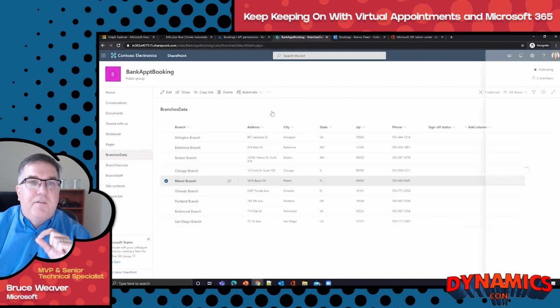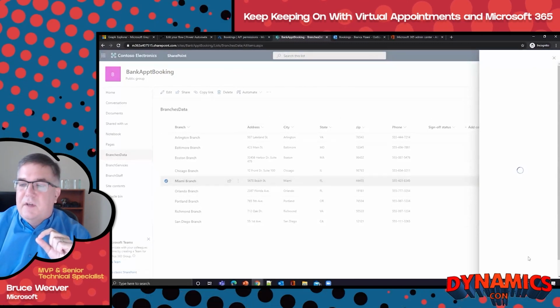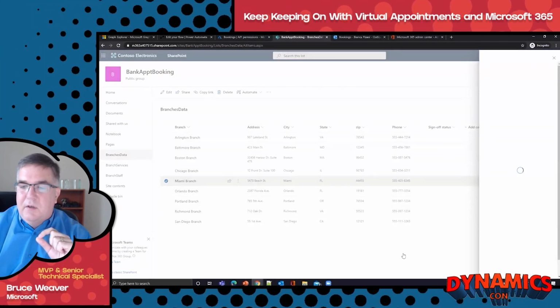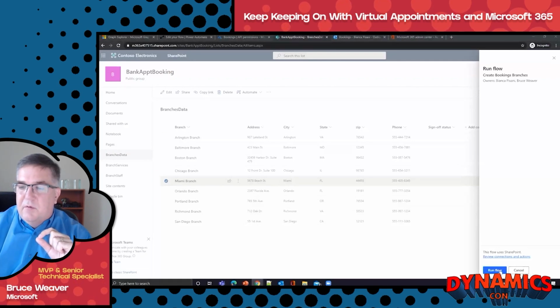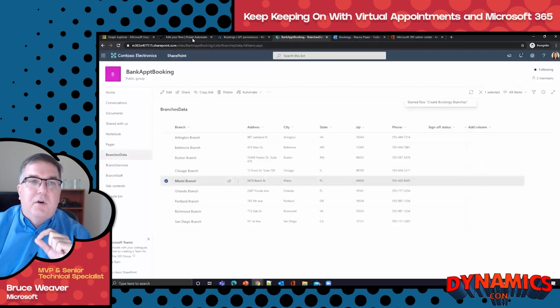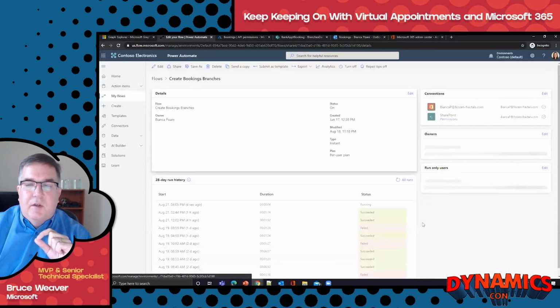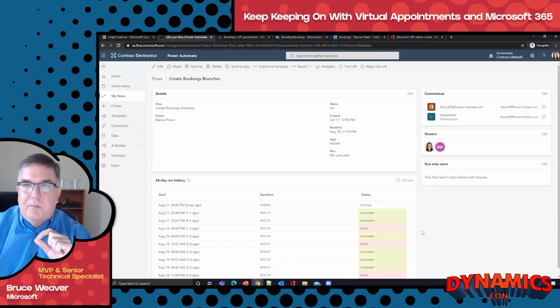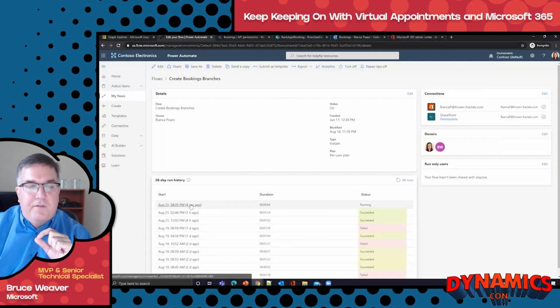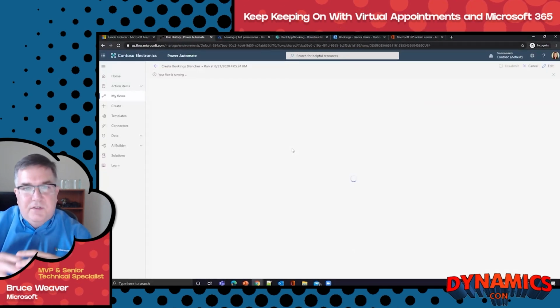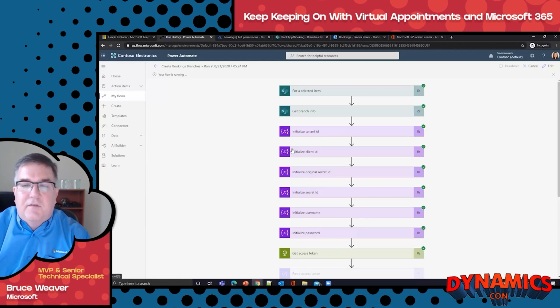So I'm going to fire it off, and over on the left-hand side, let me move this window out of the way again. There it is. I'm going to run the flow, and while the flow is running, let's go look at it while it's happening. Let me move this back up top. And you can see it's running. This is the flow we just kicked off. We're going to drive into it. Let's dip into it and see what's going on underneath the covers.